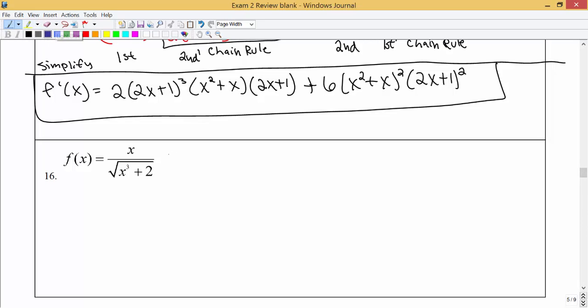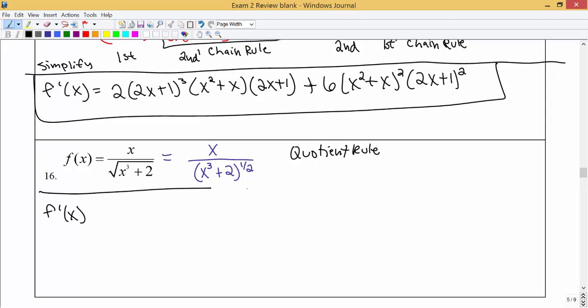All right. For number 16, first thing we're going to do is rewrite the function by taking the square root of that group, and we're going to rewrite it as that group raised to the 1/2 power. So we have a fraction which says that we should use the quotient rule. So it's going to be the denominator, as is, times the derivative of the numerator, which would be 1,